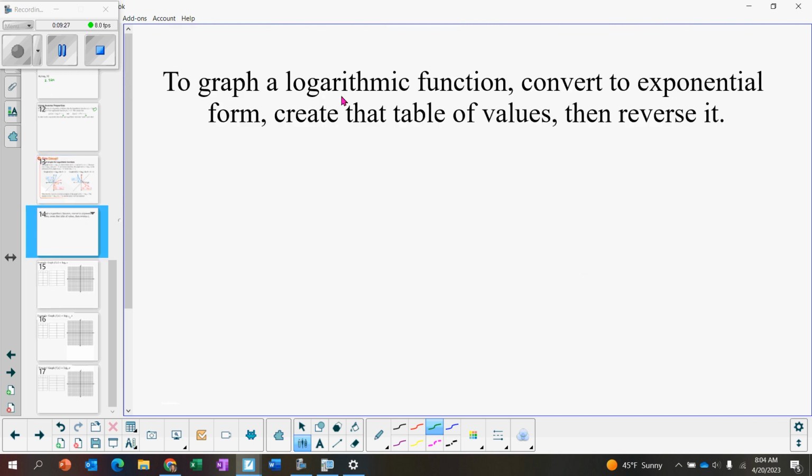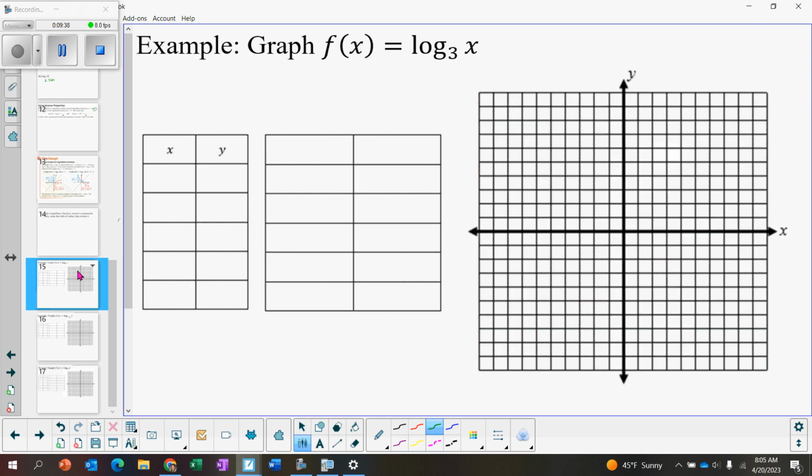All right, so that's what we're going to do. To graph a logarithmic function, we're going to convert it to an exponential form, create that table of values, and then reverse it because the domain and range switch. This also means, because all exponential functions had a horizontal asymptote,